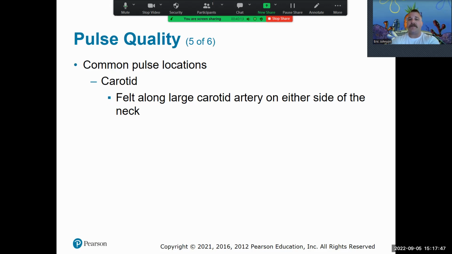Central pulses start with the carotid. The carotid is going to be on either side of the neck, and really it's going to be on the outside aspect of the trachea. If we're trying to assess it, we don't need to use a whole lot of pressure, really no pressure at all. That is what we'll use if our patient is not showing signs of life and they're over the